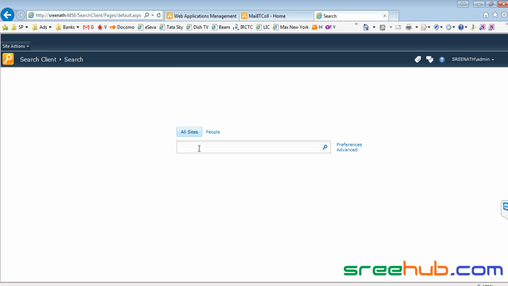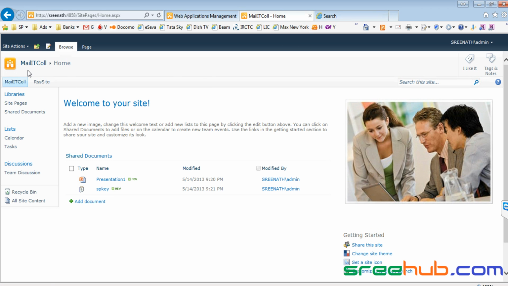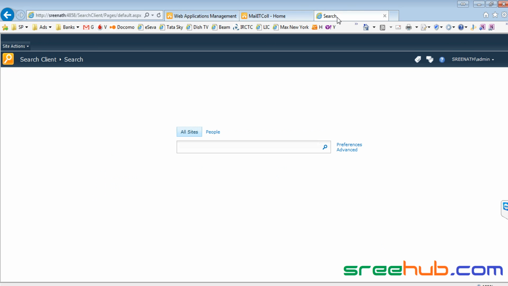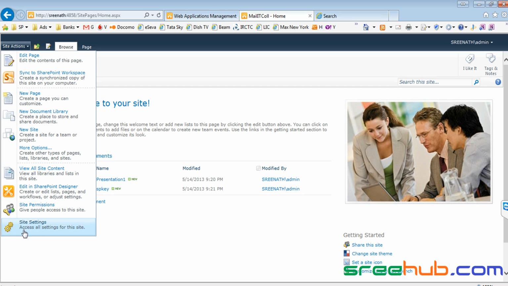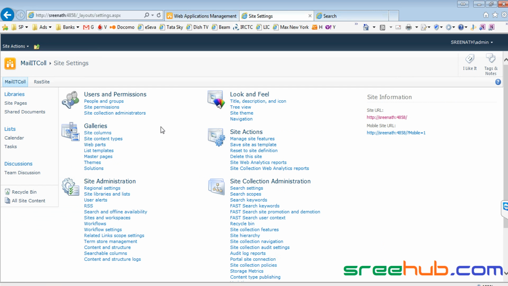Now here, let me just link up this search client. Let me copy this, and you can see from my mother site there is no provision anywhere to go to something called the search client. It is a bug in SharePoint. It won't create it by default for you. You have to create your own link for that. Let me go to site actions, site settings. So you have something called